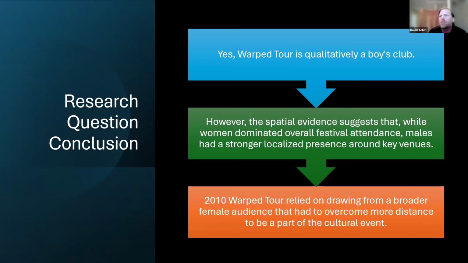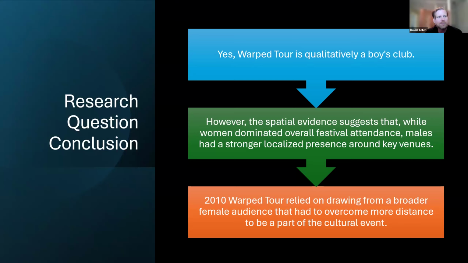The evidence suggests that while women dominated the overall festival, males had a stronger localized presence around key venues. It's highly likely that the clustering of targeted age groups around these venues was by chance. The Warped Tour didn't have any type of GIS planning, but they were successful in their marketing to